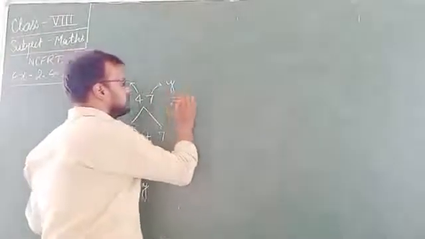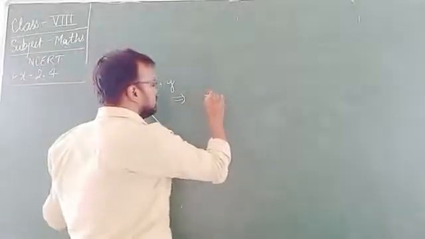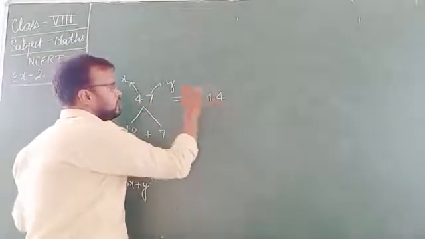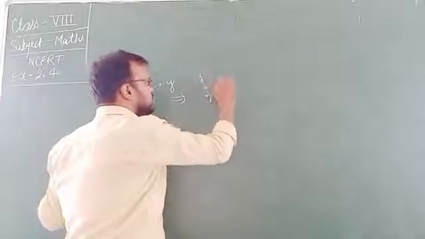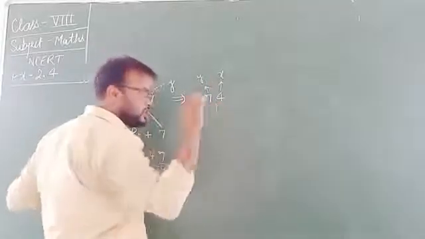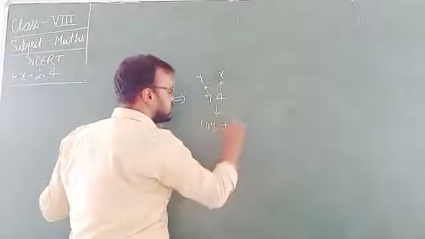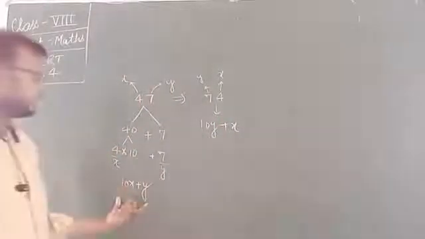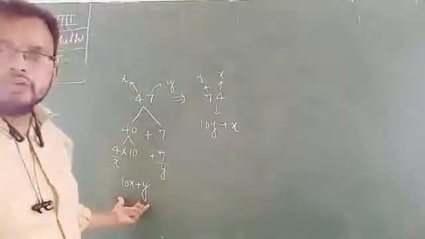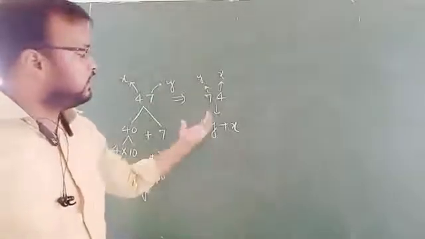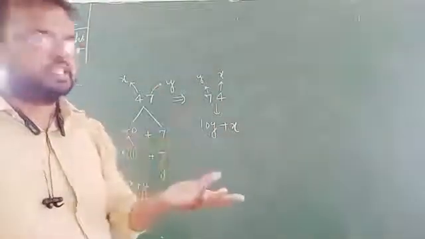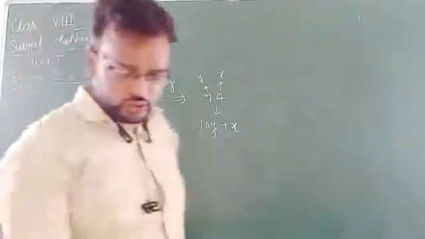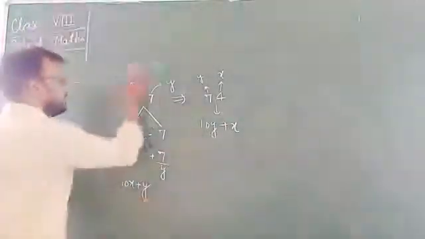And now see, if we interchange the digits, the ones place becomes y and the tens place becomes x. So after interchanging it will become 10y plus x. The original number is always written as 10x plus y, and when the question says interchange the digits or reverse the digits, it is 10y plus x. We use this in question number 3.